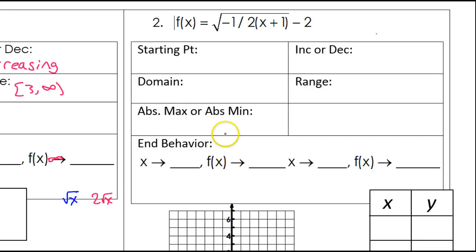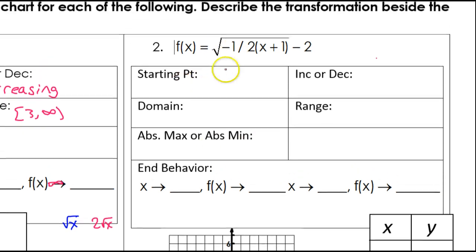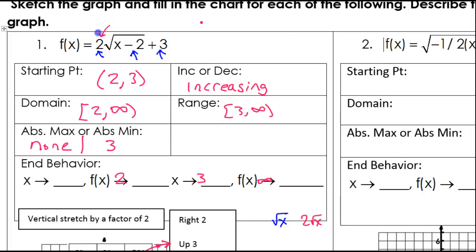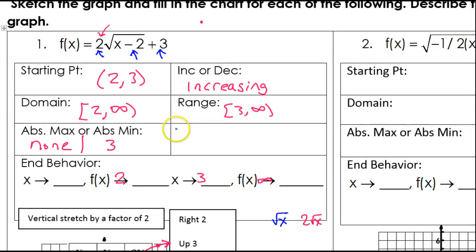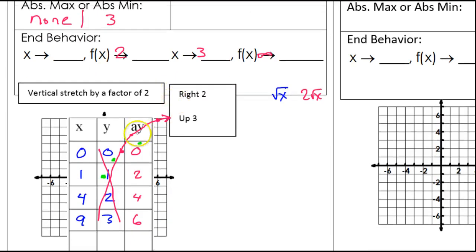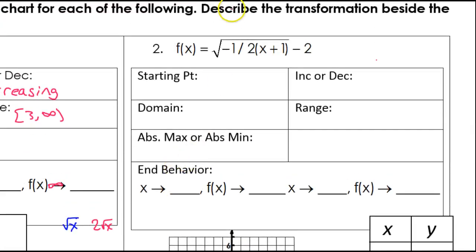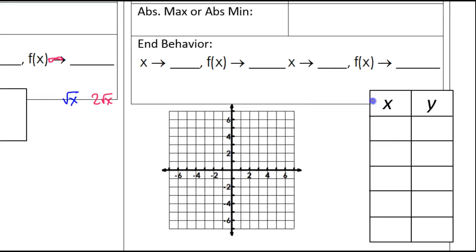All right, let's take a look at problem number 2. We've learned that when you have an A value, a number in the front, the way we handle that is we make a new Y column. So we have to have a third column, a new Y column. But now we have this B value, I'll call it. When you have a multiplier that's inside the radical, what you're going to do is you're going to make a